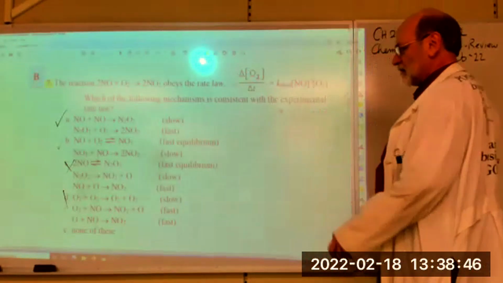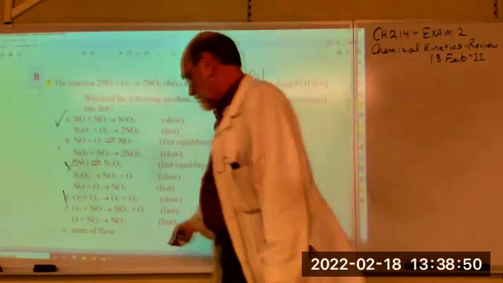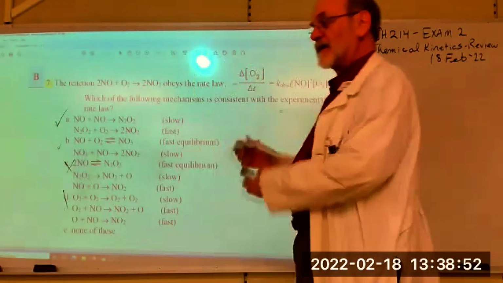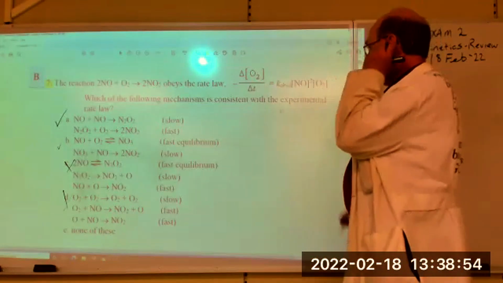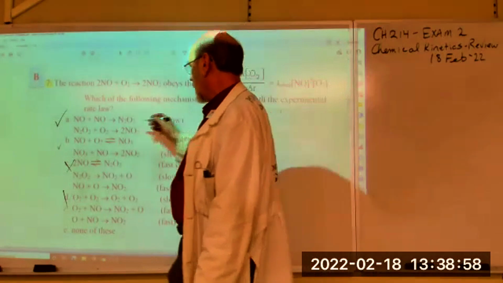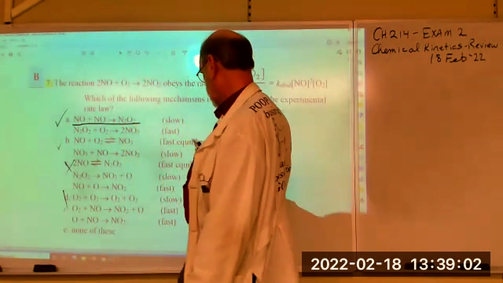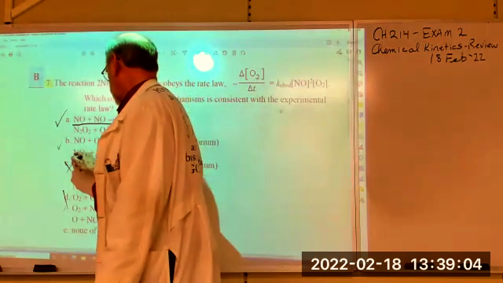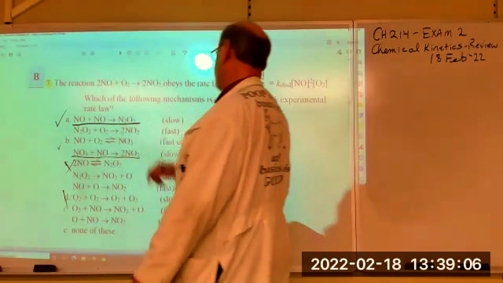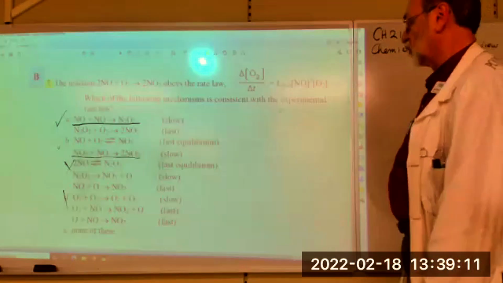Okay, now that we've got that part figured, well, it's possible that it's none of these. But the next step is, the rate determining step is the slowest step. So we have to use this one for that mechanism and this one from that mechanism to start with. So the first one would be